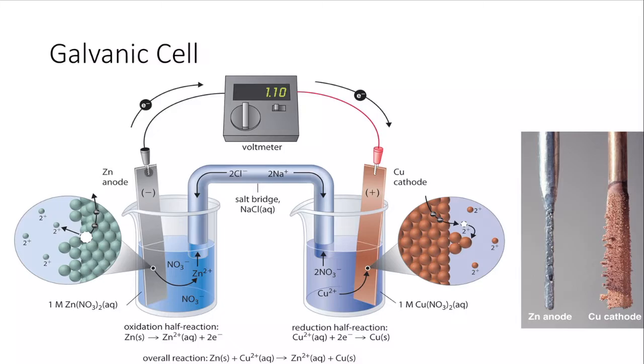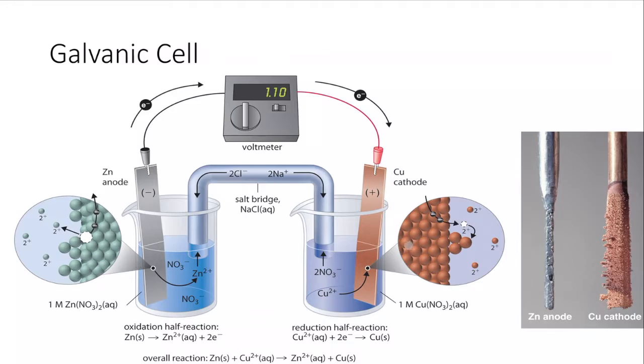So the zinc strip and the Cu strip are connected via connecting wires, and the solutions are connected via the salt bridge. As you can see, this is the salt bridge connecting the solutions together, okay. And when we have this setup, the salt bridge connecting the two solutions together, we have the anode half cell,